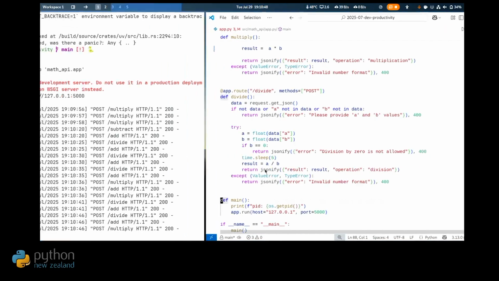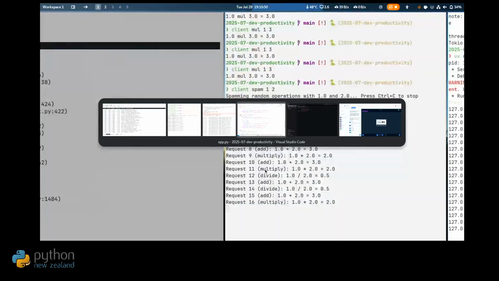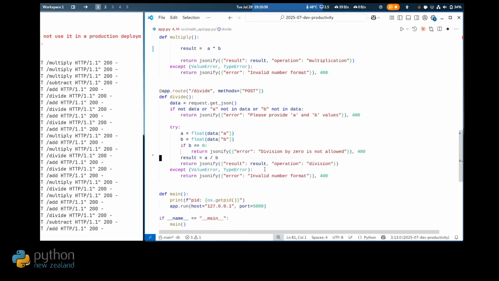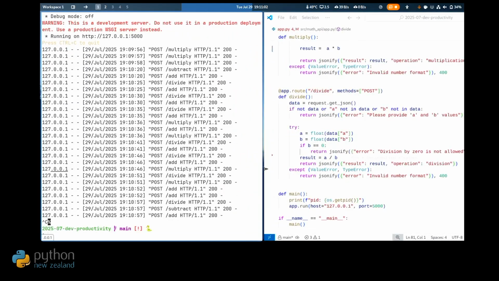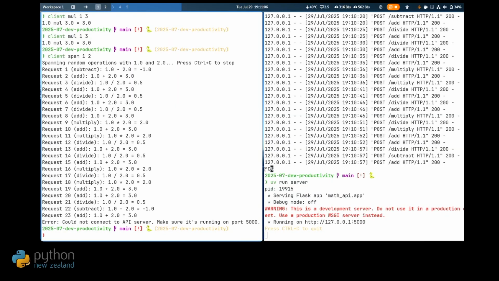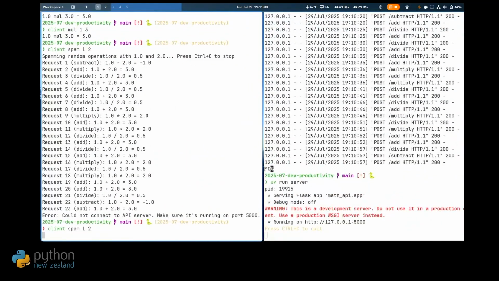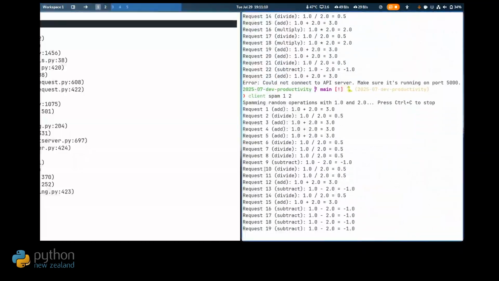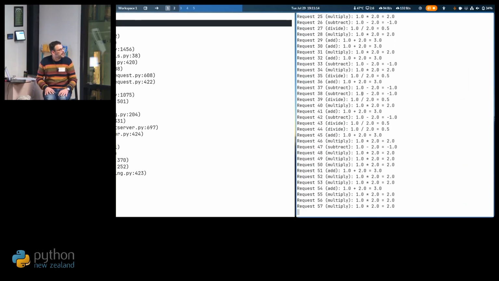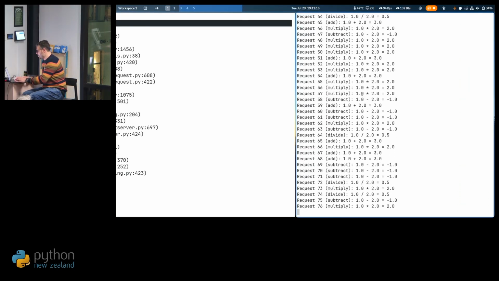What was it? 81. Oh yeah, that might be it. So delete that and restart. And spam again. And now everything's going much faster. Problem fixed. Now the other cool stuff you can do is